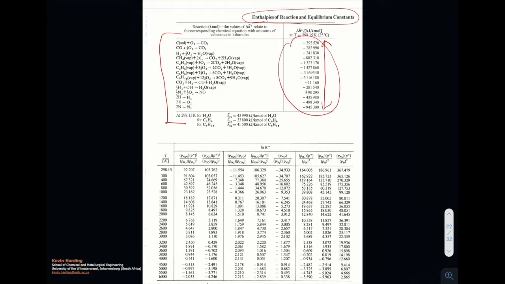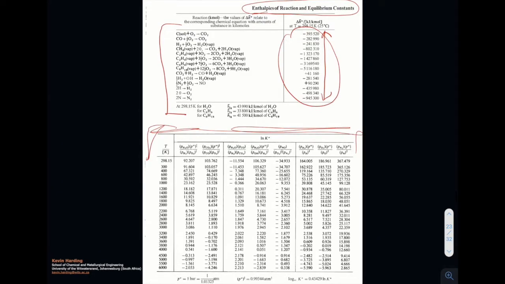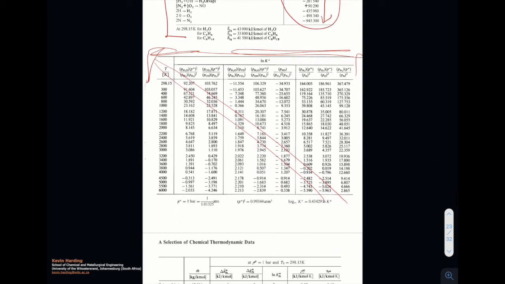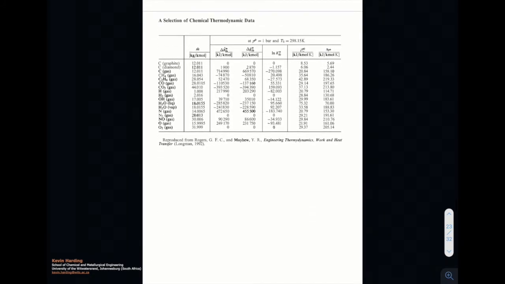The last part on this table is the equilibrium constants. So the equilibrium constants in this bottom table on the bottom half of the screen at the moment. You might need this for chemistry. I don't know, some of your equilibrium stuff or reactors next year. For this course, please remember it's here, but you probably won't ever need it in this course.